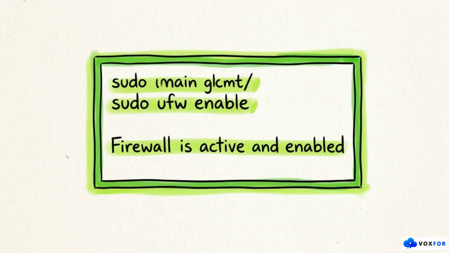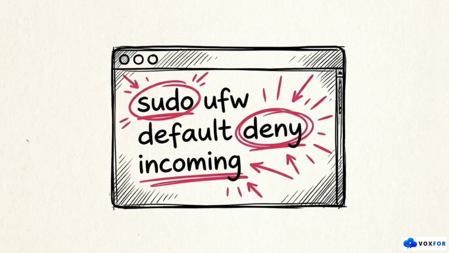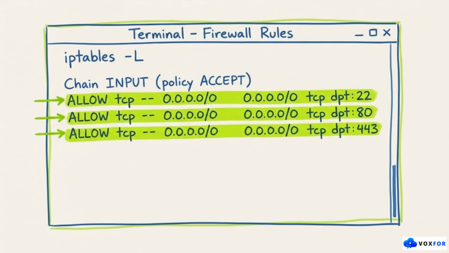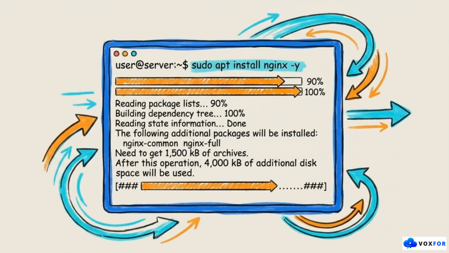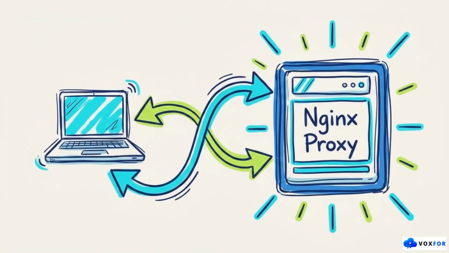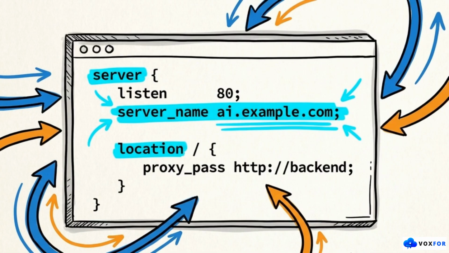Before exposing anything to a web browser, lock down the machine. Configure the uncomplicated firewall to drop all incoming traffic, strictly allowing only SSH for administration, plus standard HTTP and HTTPS ports. To connect the internal containers to the outside world, install NGINX. It acts as a reverse proxy, standing at the front door of your server to catch requests and safely route